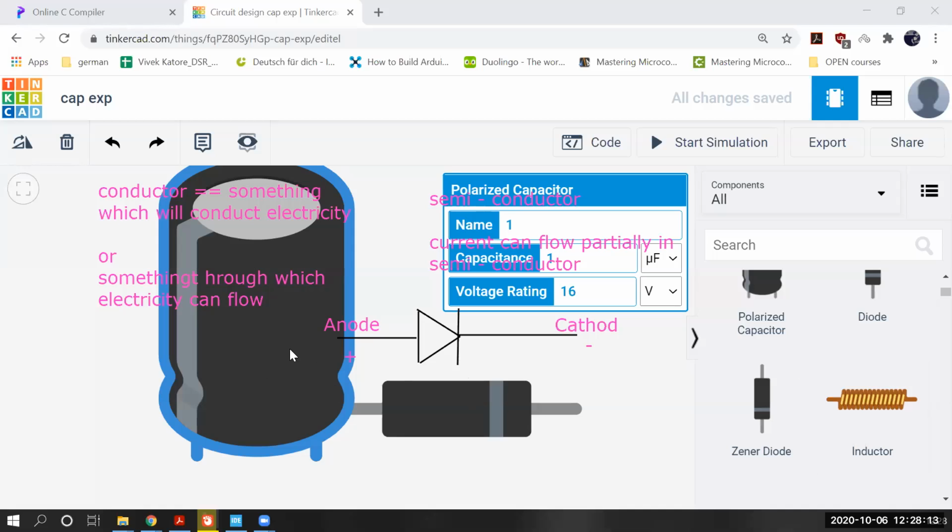It is a polarized capacitor, but what is the meaning of this strip? This strip represents the negative side.